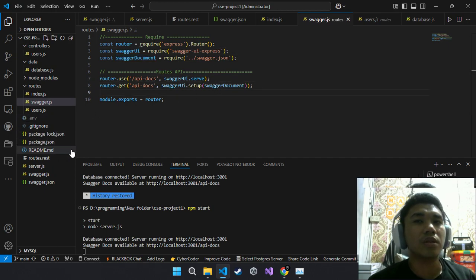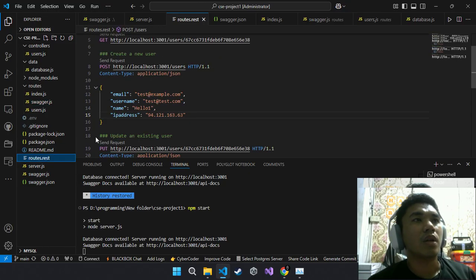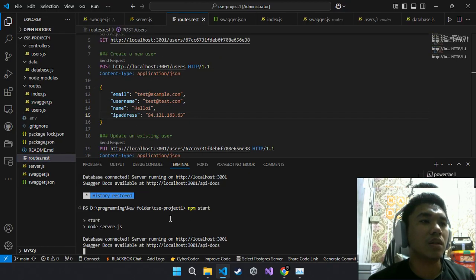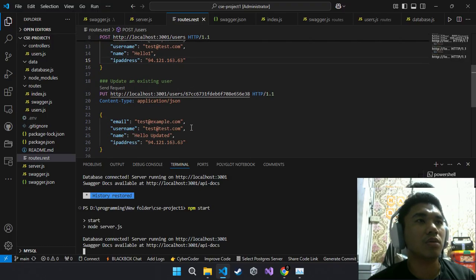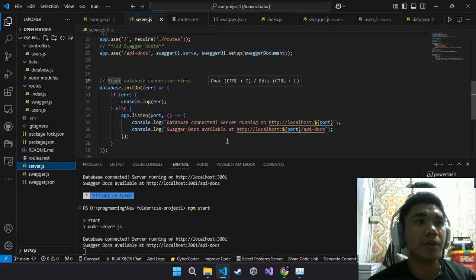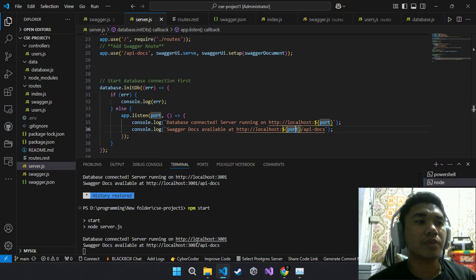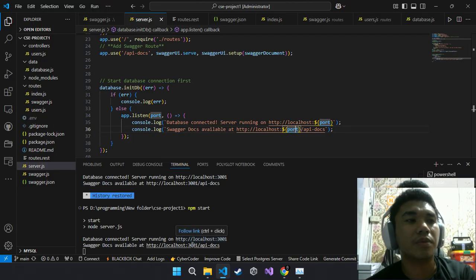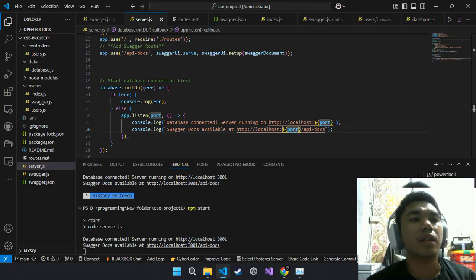First things first, I will show you how the request works. It will start with npm start and it will show the link. So there are two links here in the server. It will show two specific ones, from the doc Swagger and the localhost.